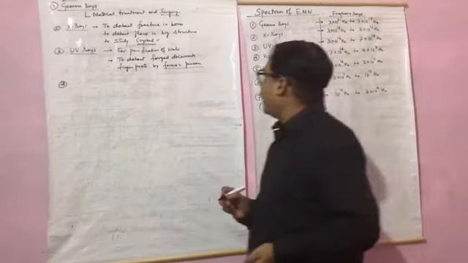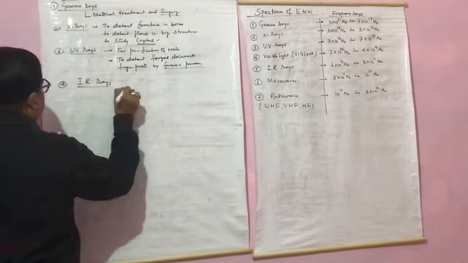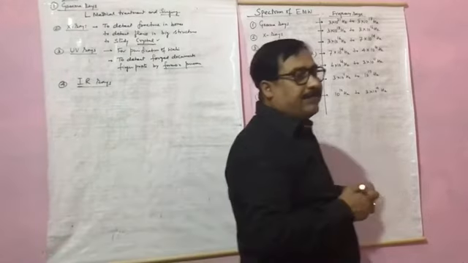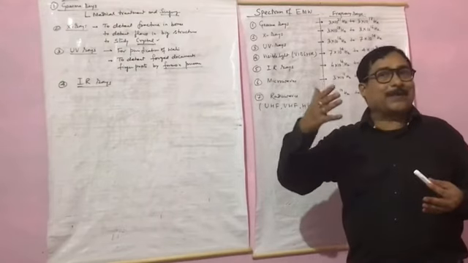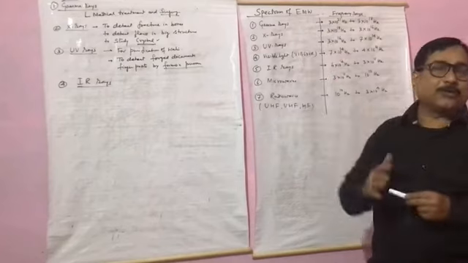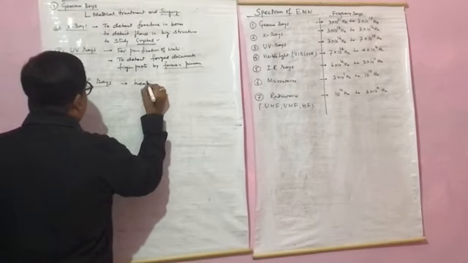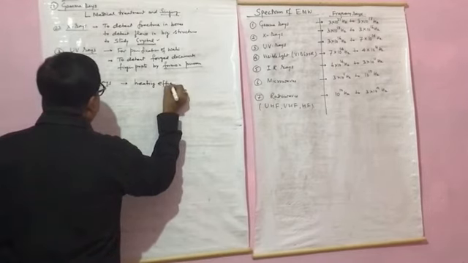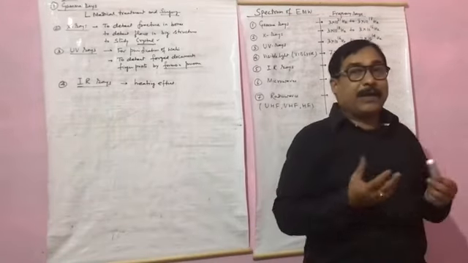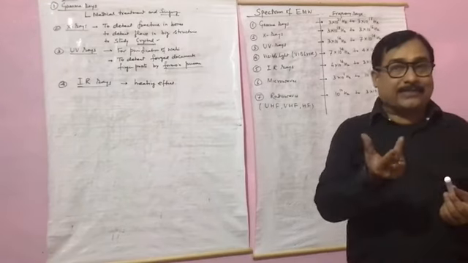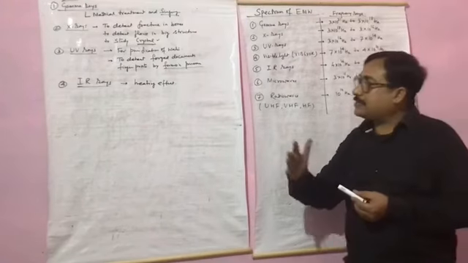Now come to the infrared radiation, IR. IR, infrared, is having the heating effect. So the heating effect produced by the sun, it is because of the presence of this infrared radiation. So infrared means heating effect. So it can be used for drying of fruits. Suppose we have grapes, we want to make it raisin, kismish, then that infrared radiation can be used. So for this purpose we are using infrared radiation.